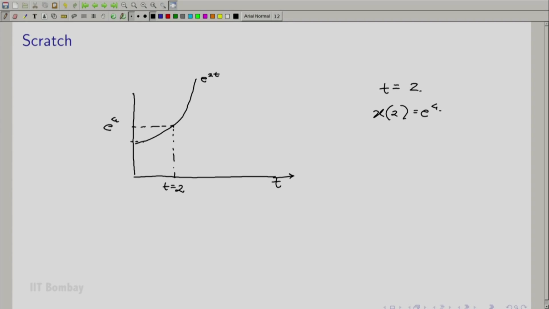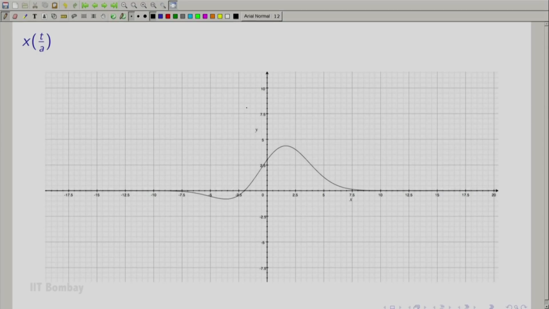So note that e power 2, which is e square, will lie here, and e square is the value of the function, say x dash of 2, where x dash of t will be equal to e power t. We plot e power t again on the same graph. So this is the plot of e power t. We'll label this e power t. Now as you can see, the graph of e power t has compressed when you go from t to 2t, and that's how you explain the apparently counterintuitive paradox which Ashwit noted, and I hope that answers Ashwit's question this time.